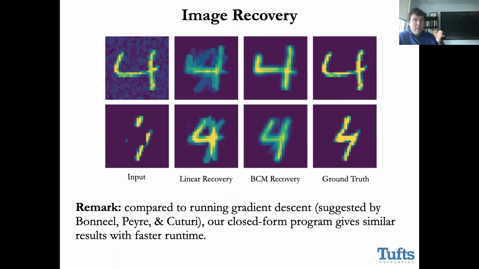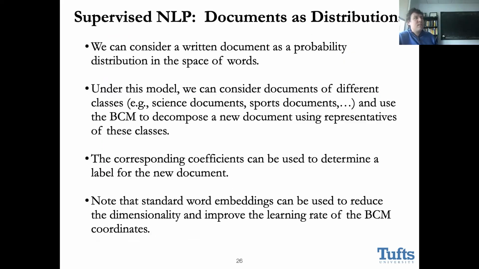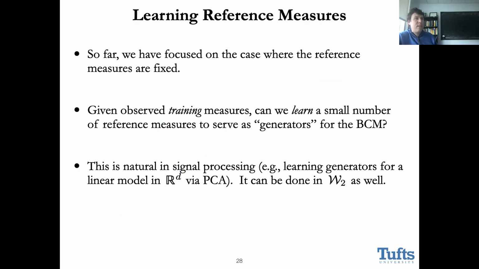The recoveries that we get in the third column are a little bit more diffuse and less concentrated than the true measures. But we think that's because we're using entropic optimal transport. If we had the computational wherewithal to solve the exact problem, we think it would be a little bit sharper, but it is an artifact of our method.